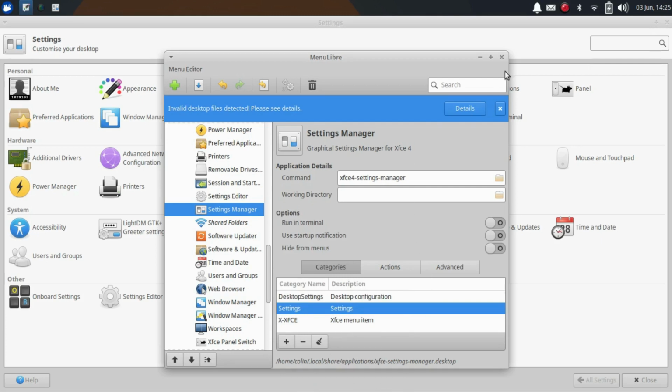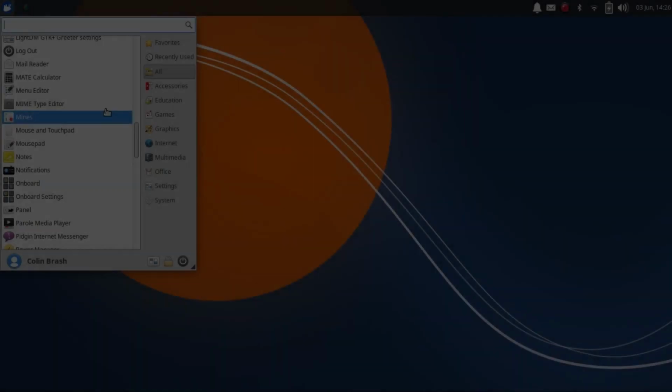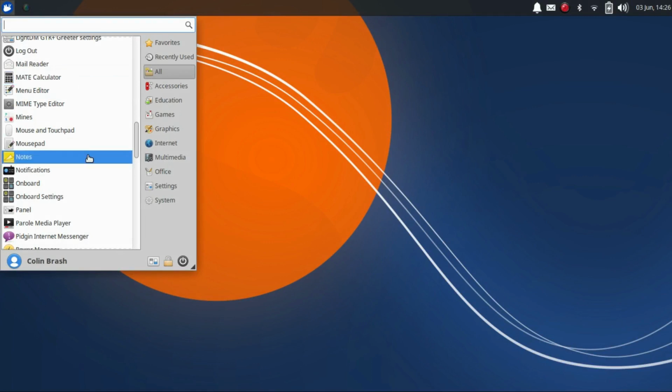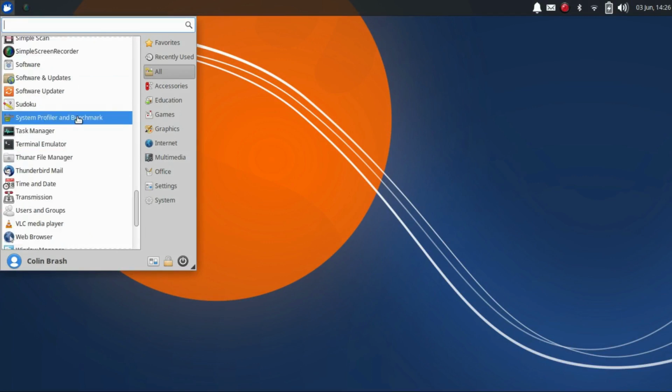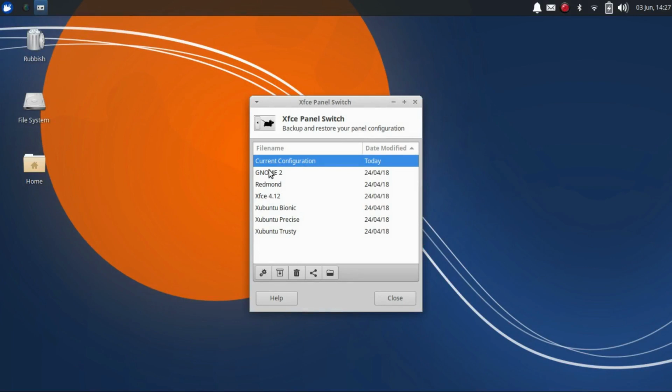That's really strange. So we have your typical Xfce settings within the Settings Manager. So nothing really outstanding there. Interesting to have the Mate calculator there. I installed the System Profiler and Benchmark. Now what they do have is the Xfce panel switch. So this has got preset panel configurations,